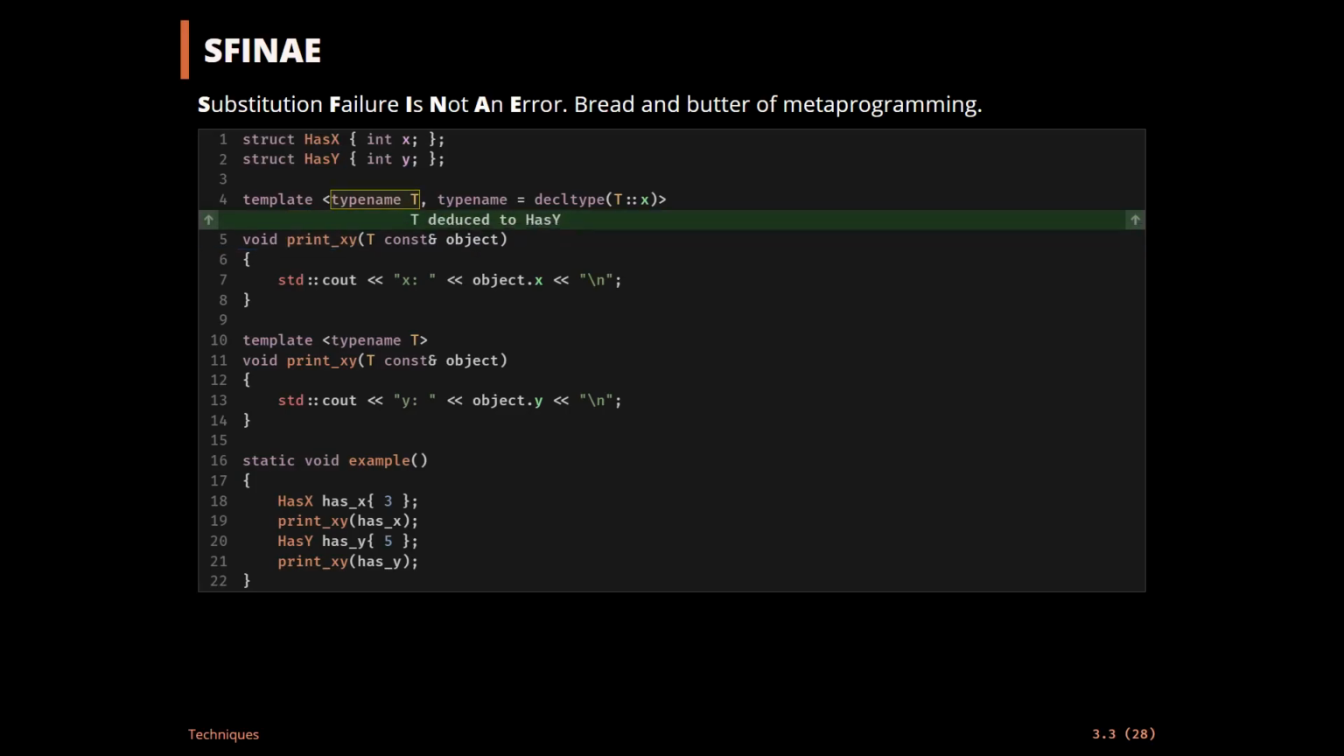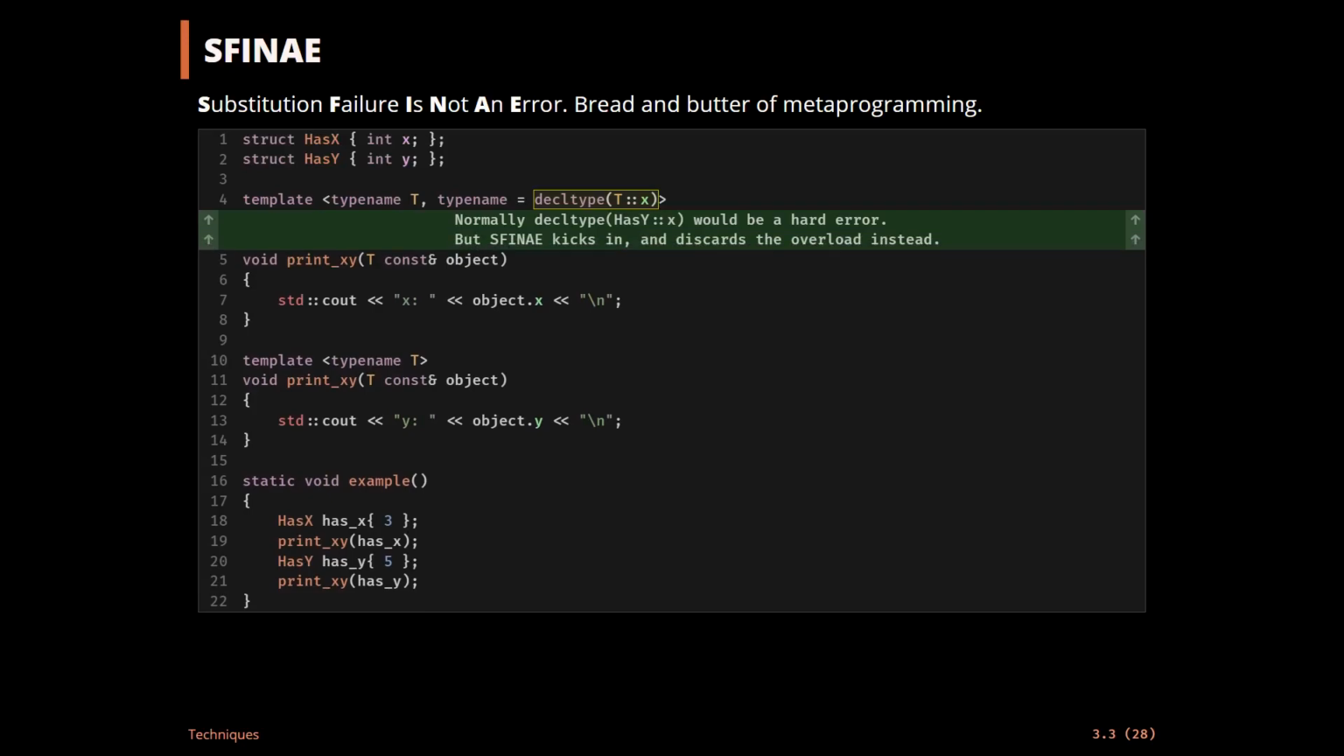So first typename T gets deduced to has y, and then it's going to do the default value for decltype of T of has y colon x, right? And normally decltype has y colon x would be an error. Your compiler would stop here, right? You get a compile error. You have a question? Okay, so this would normally be a compile error, but if you look at what the name SFINAE actually is,